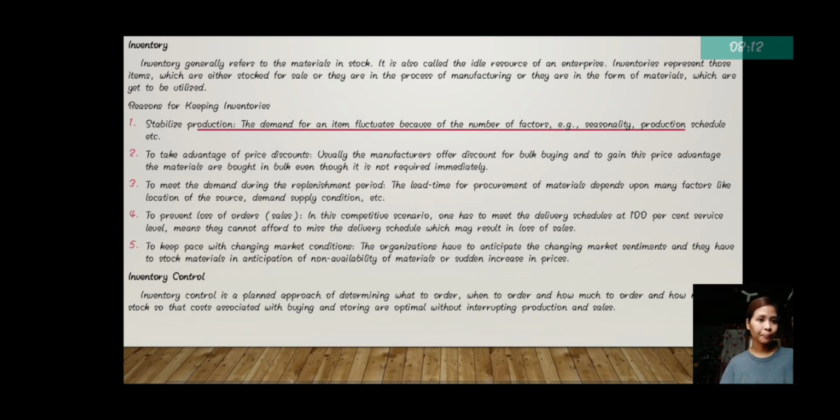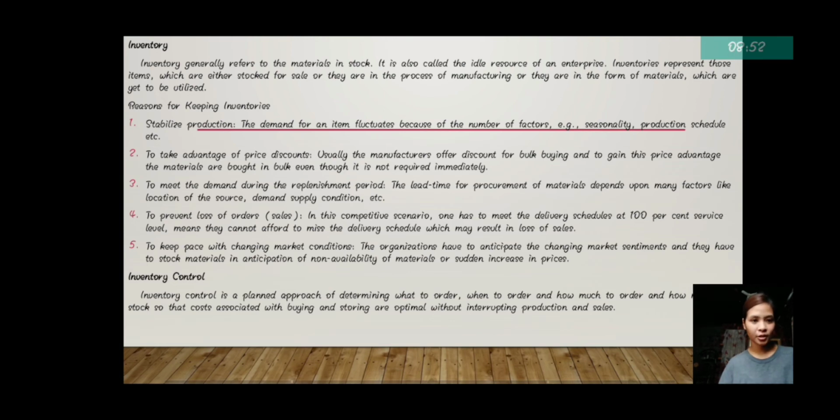Example, seasonality, mga season lang, production schedule, and etc. Then to take advantage of price discounts. So usually the manufacturers offer discounts for bulk buying, and to gain this price advantage, the materials are bought in bulk even if it is not required immediately. Then the next is to meet the demand during the replenishment period. So the lead time for procurement of materials depends upon many factors like location of the source, demand